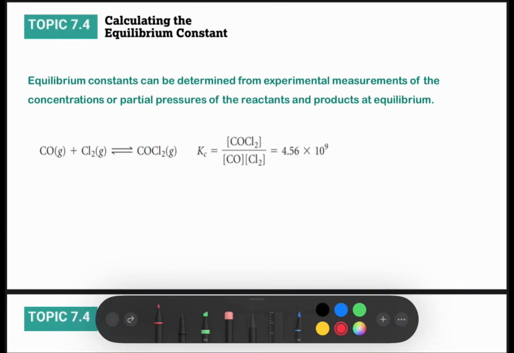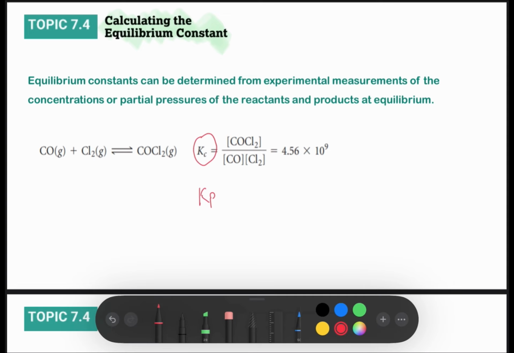Today we'll start with section 7.4, which is all about calculating the equilibrium constant. We're not going to learn how to calculate it exactly, but we will introduce the values of Kc's and Kp's and what they can tell us about the type of reaction. But you have to keep in mind, if you want to calculate the value of Kc or Kp, you need,